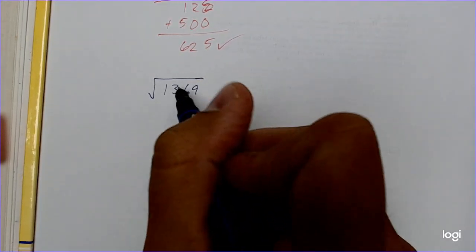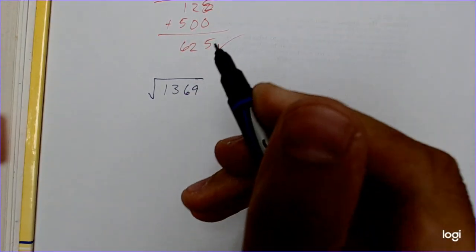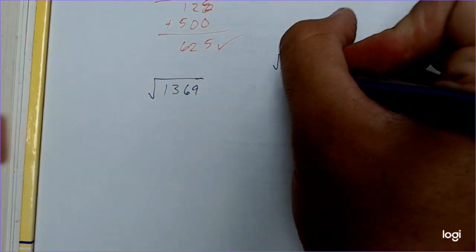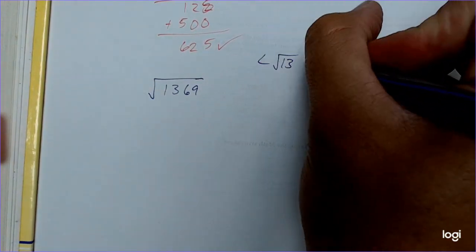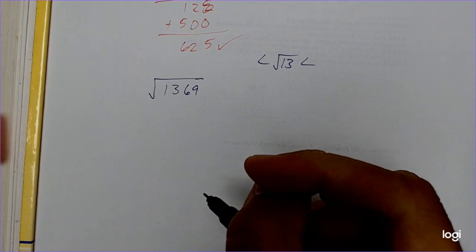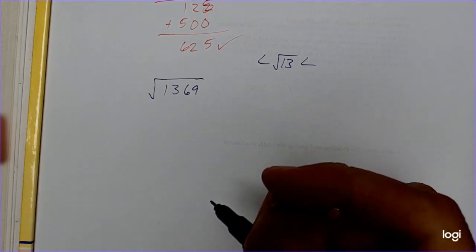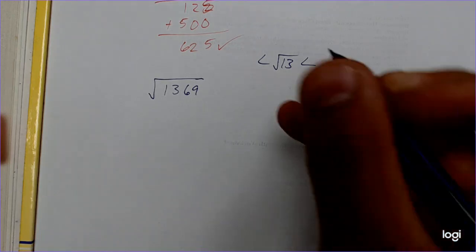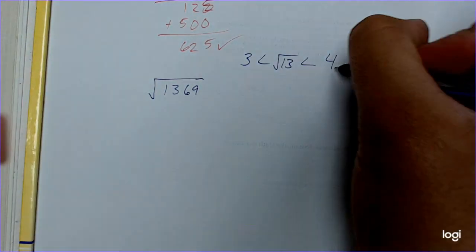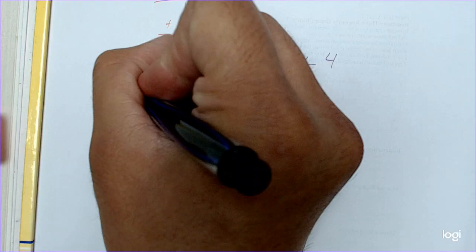Because we're going to go into the hundreds place. So I think, what in the world is the square root of 13? Well, the square root of 13 falls in between what two square roots? Let's count by my square roots. 2 times 2 is 4, 3 times 3 is 9, 4 times 4 is 16. This is going to fall in between 3 and 4, which means my answer is going to fall in between